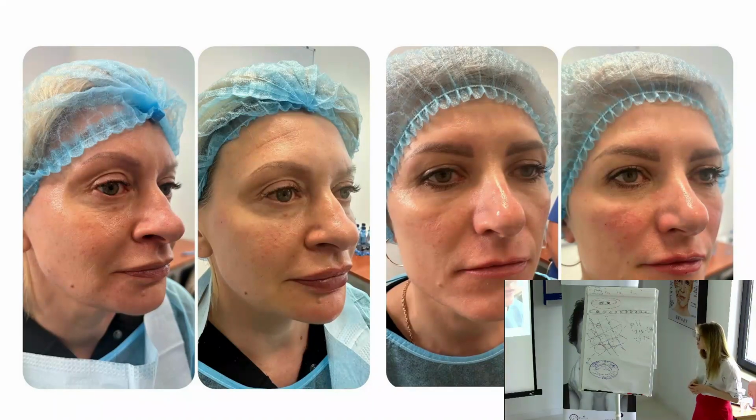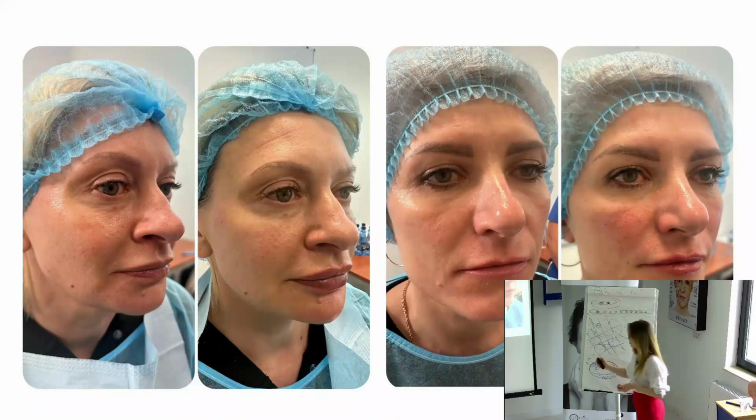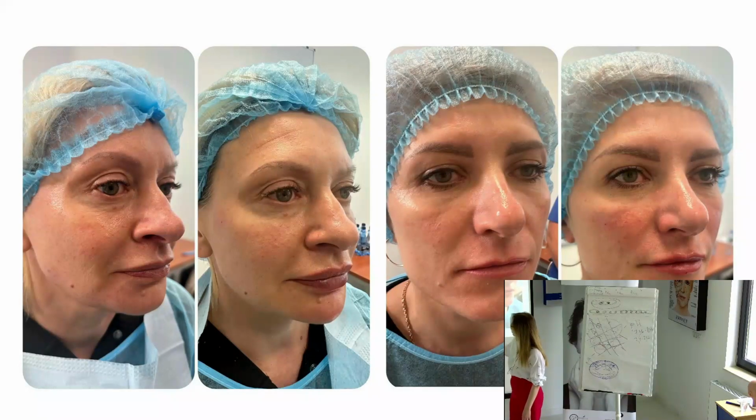Okay, it's a filler. You can see 4 milliliters. I like to use one hole here, and it was a 7 centimeter, 22 gauge cannula. And I don't like when there is a ball here after the filler. That's why I use a long cannula and put some vectors to this side, and to this part, and to this area. And I have a brow lift effect, a little bit of lift effect of the middle part, and in this projection I use a little bit of filler, and into this fold, and with this lower third we use some filler here. And here is the same, one hole with the cannula to that part, to the hair, and to this part, to this projection, and